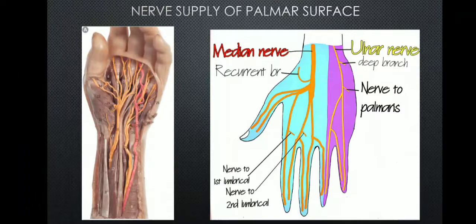flexor retinaculum into the volar carpal ligament along with the ulnar vessels, between the pisiform and the hook of the hamate, where it lies, and it divides into the superficial and the deep terminal branches. The superficial terminal branch innervates the medial 1.5 of the fingers and the palmaris brevis muscle, and the deep terminal